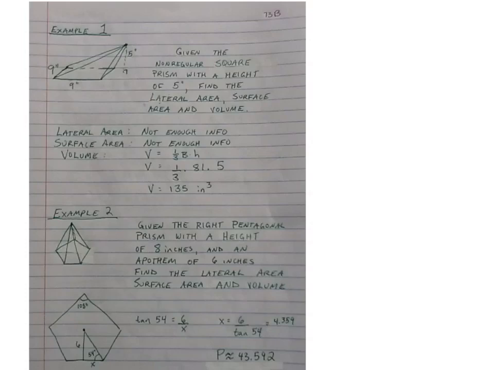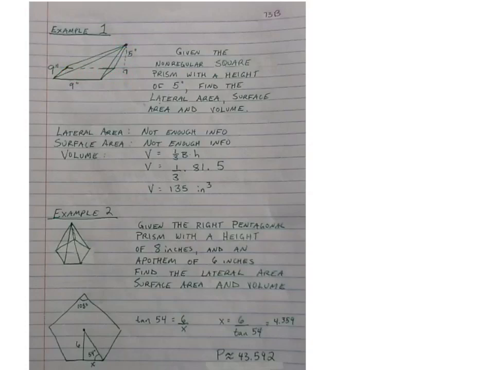We know it's non-regular because the vertex is not above the center. So we need to find the lateral area, and we cannot find the lateral area of non-regular pyramids. And if we can't find the lateral area, we can't find the surface area. This is possible with more information, but all you need to know is for this class it's not possible, or